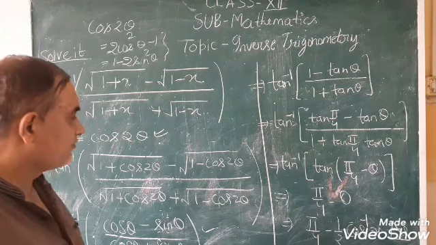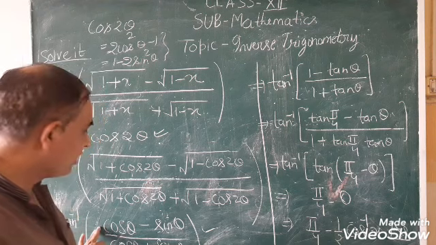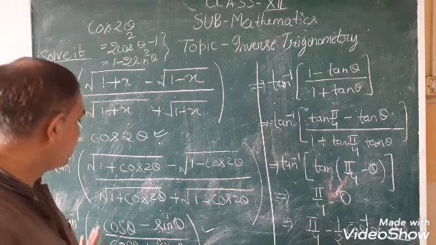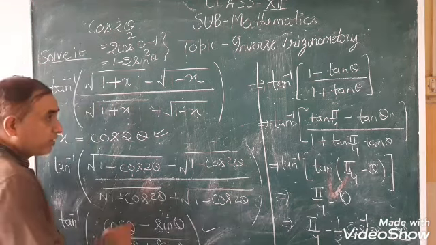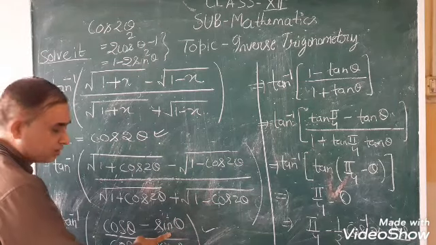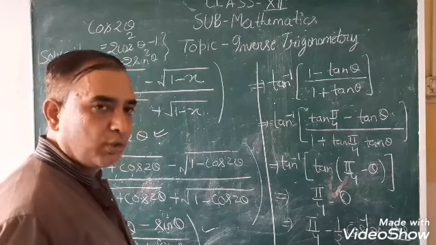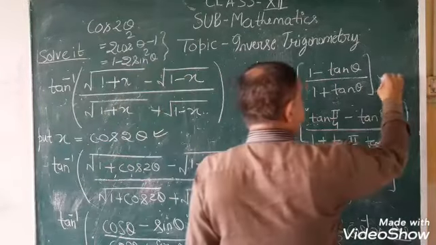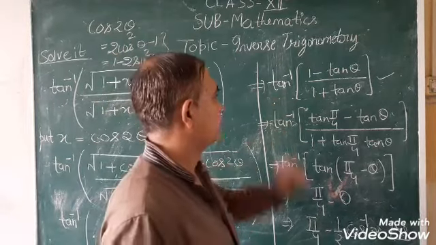Now in the second step, we have to make the tan. For making tan, we have to divide each term by cos θ. If we divide it by cos θ, then it becomes 1. And if we divide sin θ upon cos θ, we get tan θ. Similarly, in the denominator, we get 1 plus tan θ. It means our entire question now changes into tan θ.